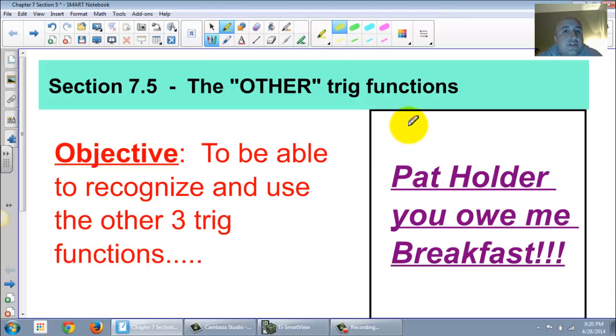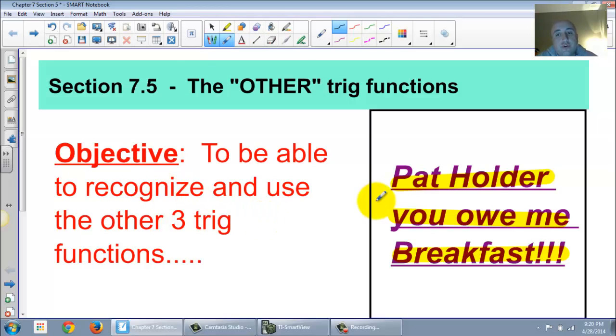All right, welcome to section 7.5, the other trig functions. We've already learned about the original three trig functions, which are sine, cosine, tangent. Now we're going to be talking about cosecant, secant, and cotangent. The objective of this section is to be able to recognize and use the other three trig functions,